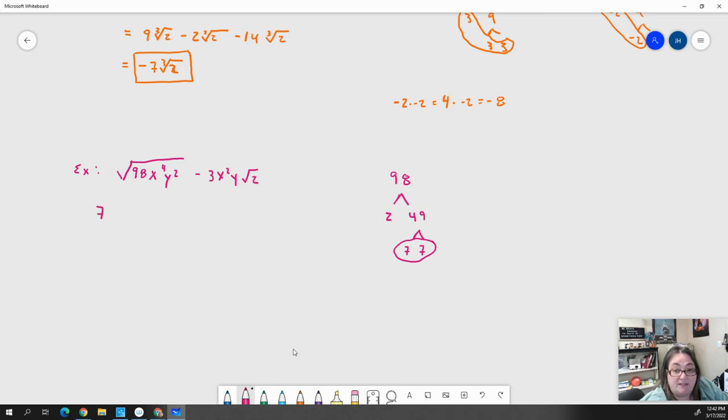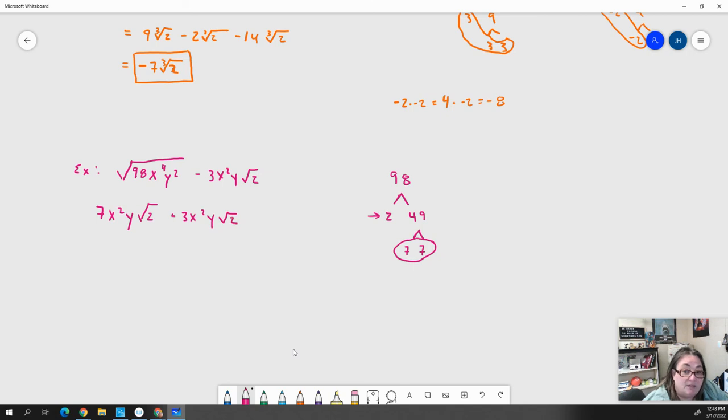So we'll go 7. How many x's can I pull out? I've got 4 x's, so I could pull out x squared. I've got 2 y's, so I could pull out a y. And what's going to have to go back under is the square root of 2, because my 2 here had no match, right? And so now I've got minus 3x squared y